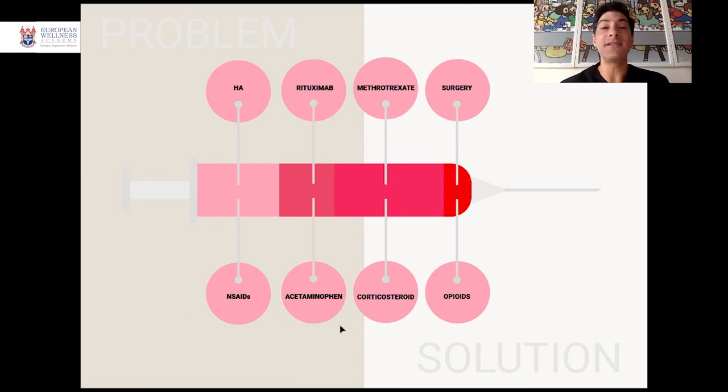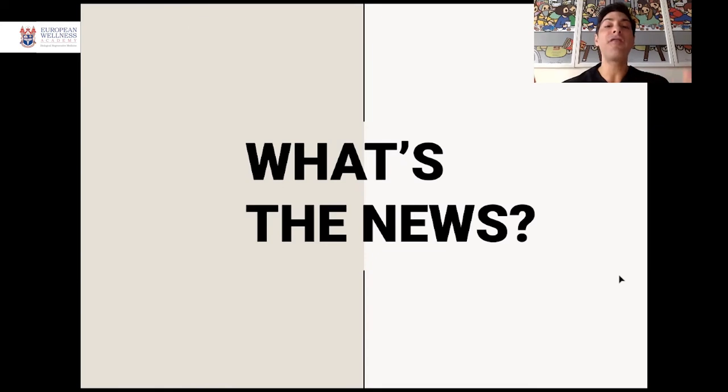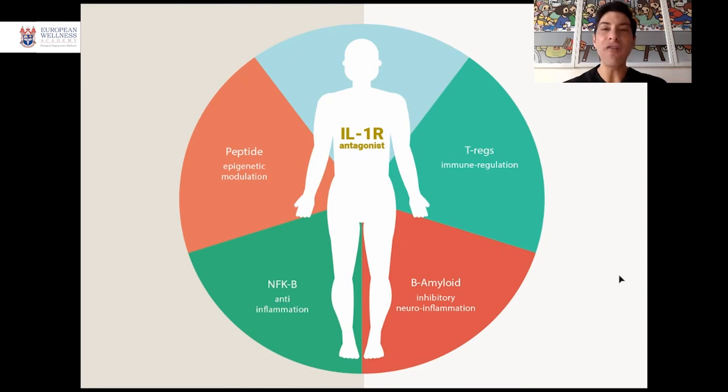Anti-inflammatories, corticoids, and opioids will just intoxicate your body and diminish the symptoms, but will not produce new cartilage anymore. So you have to have a balance. What's the news? What is the new regenerative biological thinking? So, first of all, you have to understand that there is a peptide called